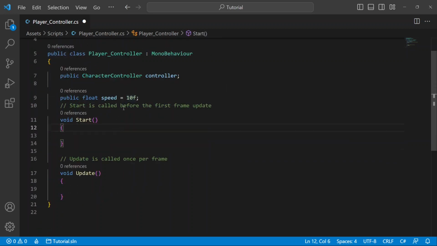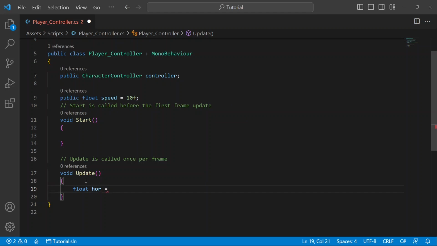So we have to go to the Update function, and we need to create another float number. We can use this speed variable anywhere in this code since it is public, but if we create a private variable under this method, I can only use it in this method. So I'm going to just write float, and I'm going to say HOR equals to